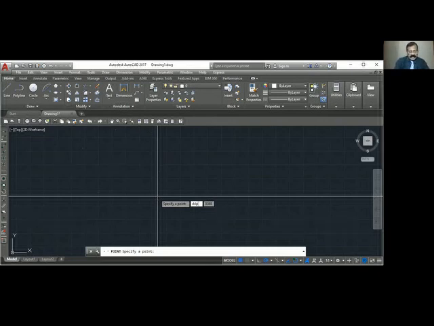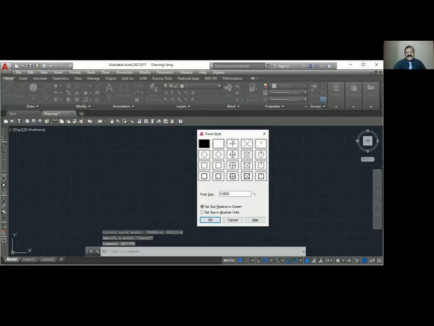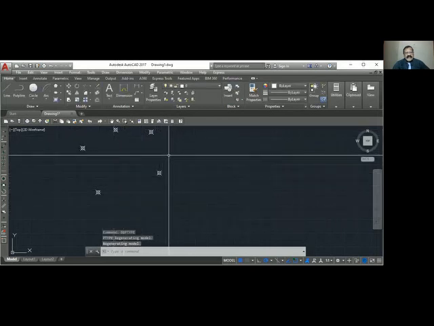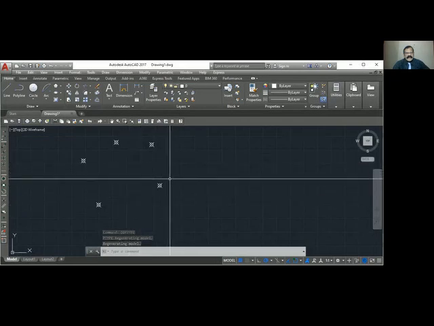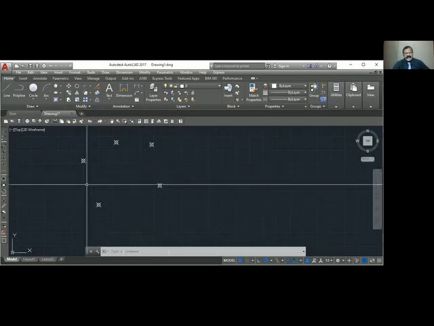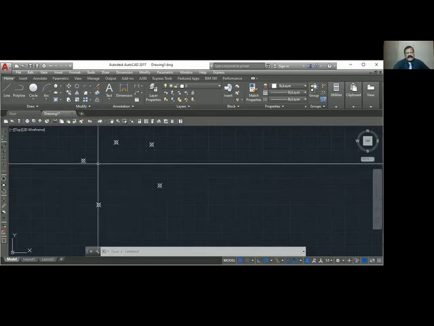You can see there are different types of point styles. Now you have used the dotted one, so that is why when you draw the points, you get dotted, dotted, dotted. You want it like this only. But in some cases, if you want some printout, you can just select this. You can see everywhere that the point has changed. When you draw the contour line and everything, if you want to show the points, you can change the point style.